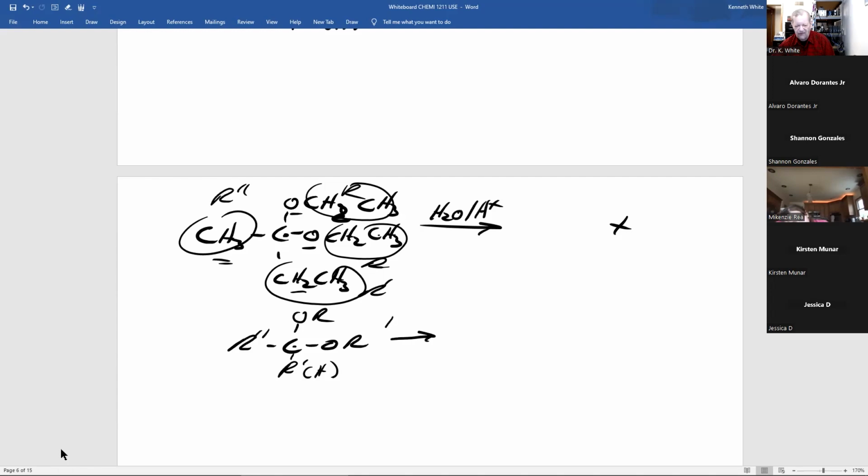And when you react this with water and acid, or acid and water, keep your eye on this carbon with the two oxygens. It becomes this. What's directly attached to it, R prime or R double prime, you get an aldehyde or ketone. And then from the OR, you get an alcohol. And for those who must, you can put a 2 there, but you don't have to. So this carbon becomes this carbon.